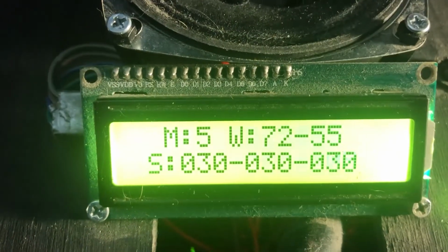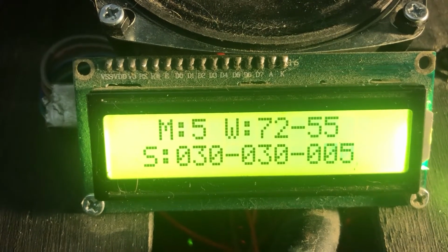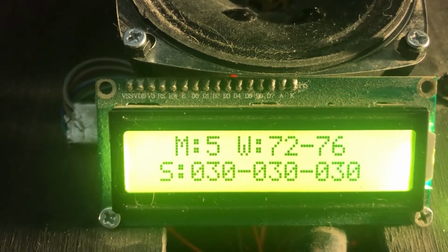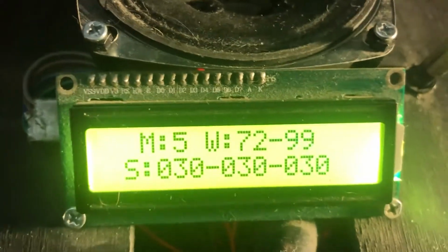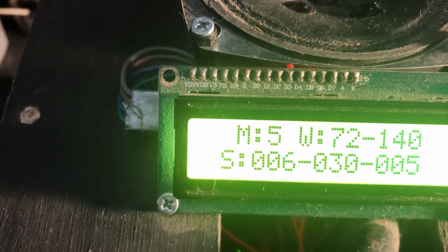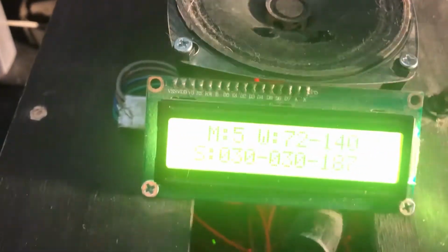But here on the display, if I can get it to come into the picture, these numbers where it says mode 5, that's just sit on the desk mode. The W indicates how many turns of each wheel have happened, because those are the encoders being read by the Arduino. So as I turn the wheels here, you can see the wheel counter changes. And then these numbers down here indicate the sonar distances, and I'm just moving things in front of the sonars. So yeah, the sensors are good, even the Kinect and the wheel encoders are good, and I've got everything powered here by this single switch. So I turn it on, it boots the computer,